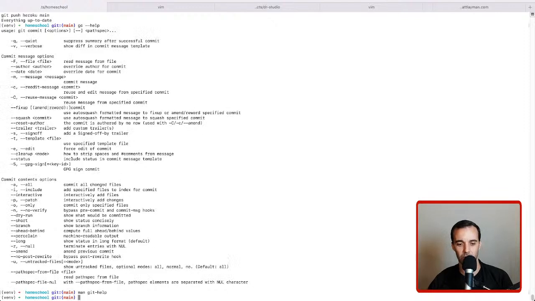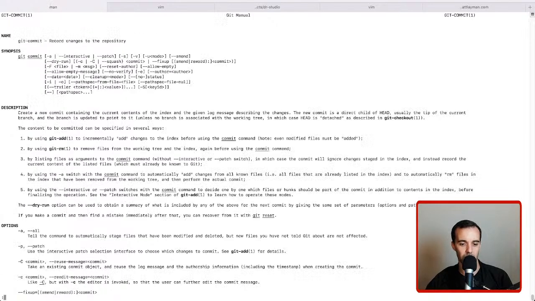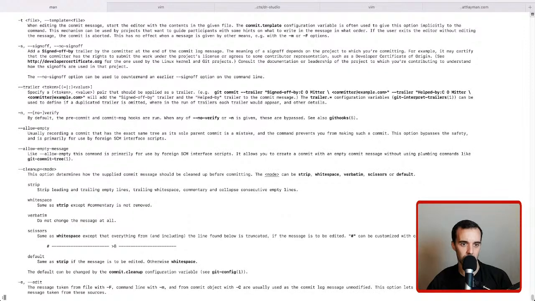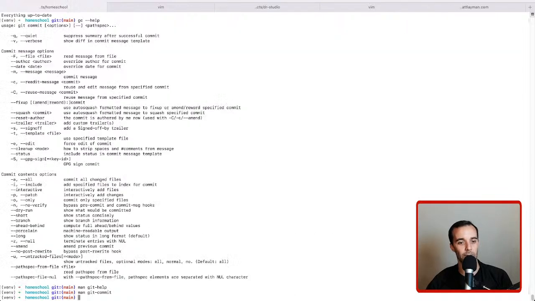Oh, no wonder. I'm doing the man page for git help. I need to do the man page for git commit. Allow empty. I did empty. It's allow empty. So if we do git commit allow empty,